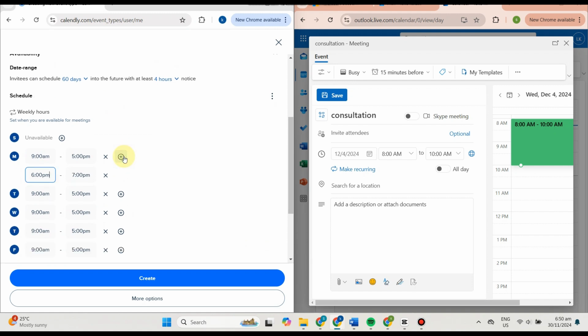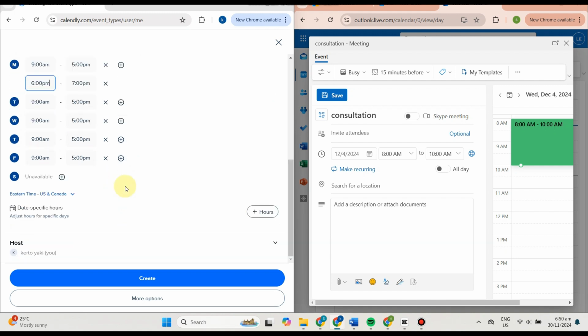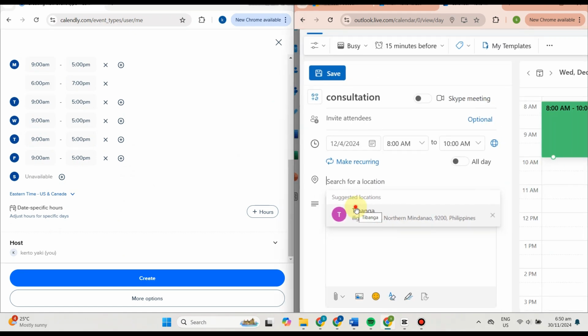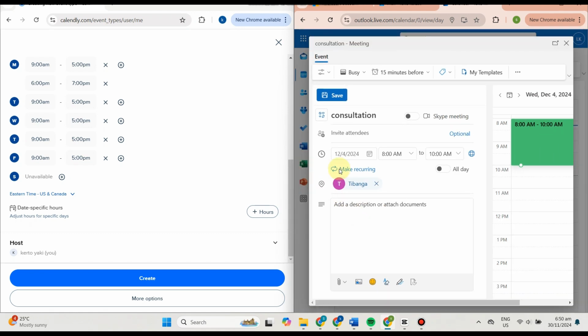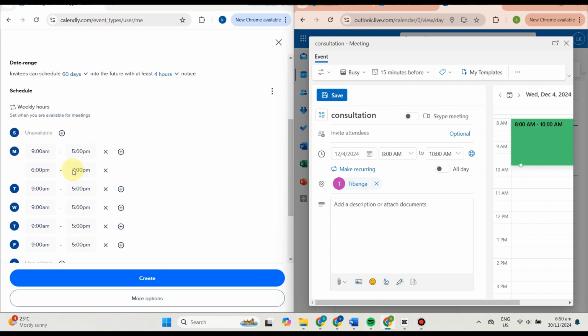So let's break down the pricing, guys. Of course, Microsoft Bookings is included with most Microsoft 365 subscriptions, starting at $6 per user per month, and there is no additional cost if you are already a Microsoft 365 subscriber. While for Calendly, guys, don't worry, they offer a free plan with basic scheduling